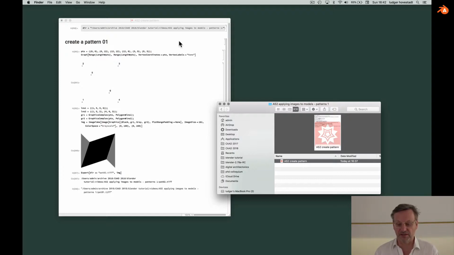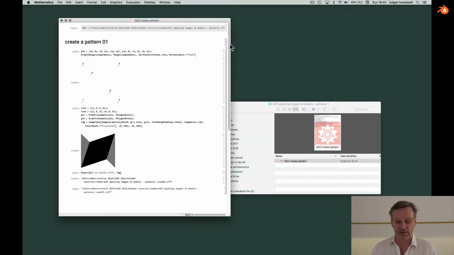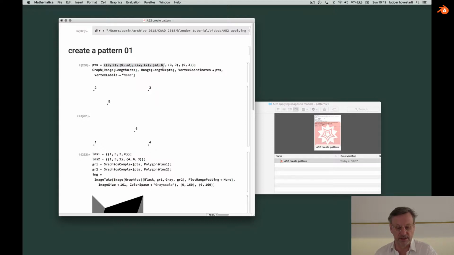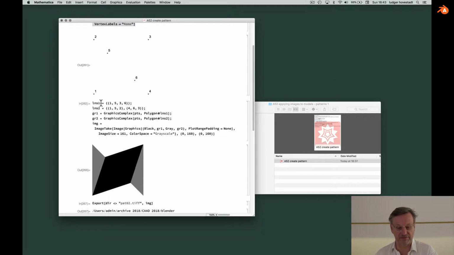So in Mathematica it looks like this. Define the directory where to work. This is our video tutorial F52. Evaluate that. So then what we do is make it a little bigger. So we define points in a plane and we get them numbered in a graphical representation. So this is our data. And this is a standard way to bring it to a graphical representation. And then I define lines, so it's from 1 to 5 to 3 to 6, and then back to 1. These are the polygons,